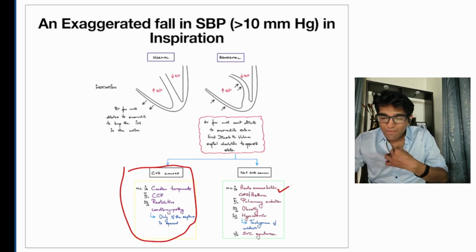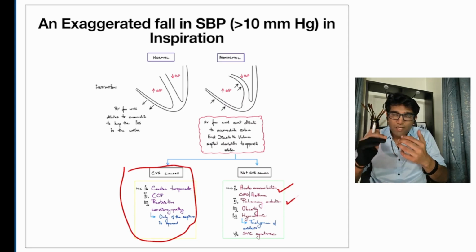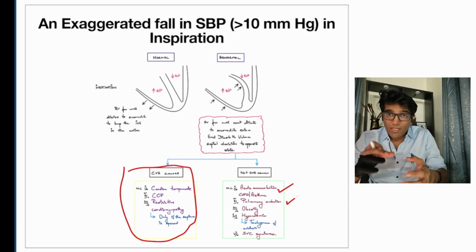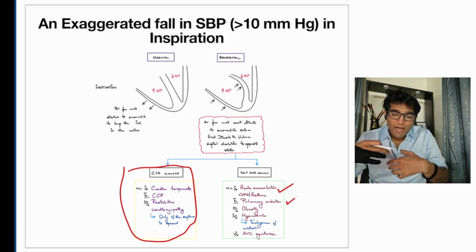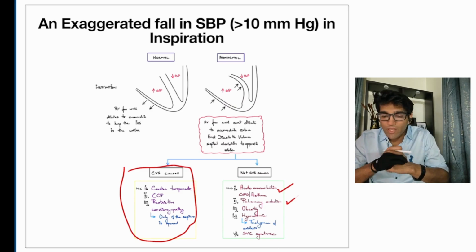You can have a pulmonary embolism. So pulmonary embolism increases the peripheral resistance within the pulmonary vasculature, and because it increases the peripheral resistance in the pulmonary vasculature, there is back pressure into the right ventricle, and the right ventricular pressure increases, which again shifts the interventricular septum to the other side. Okay, now